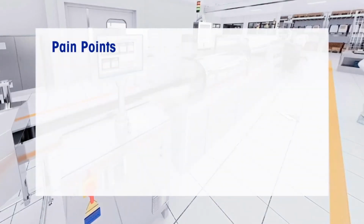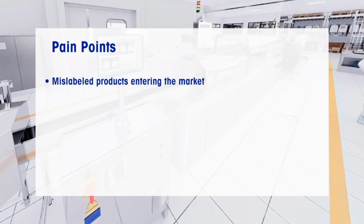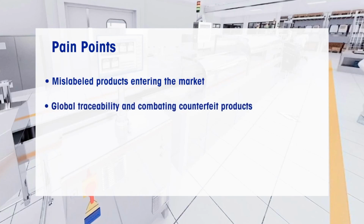You might be concerned about mislabeled products entering the market. This could mean either wrong labels, wrong positions, or labels even with the wrong content. Global traceability or even single item